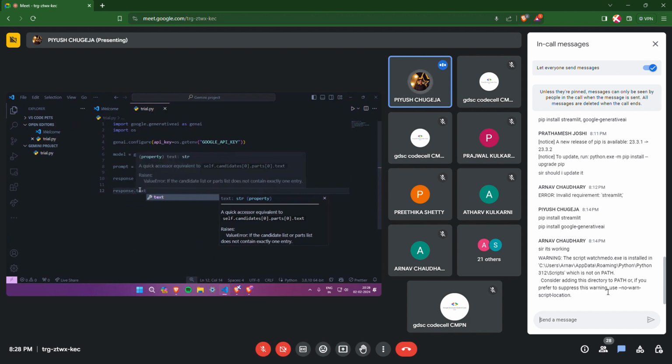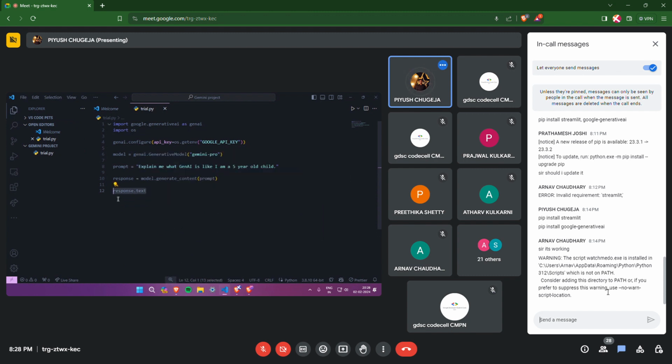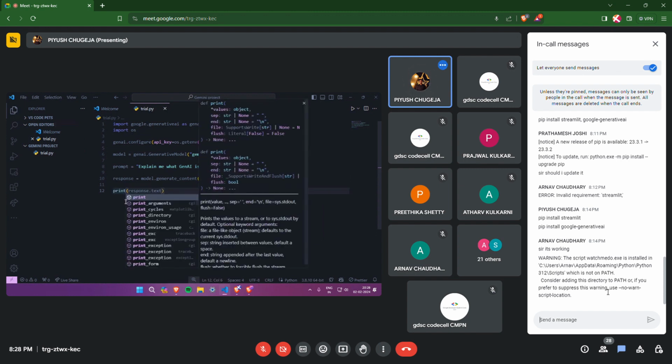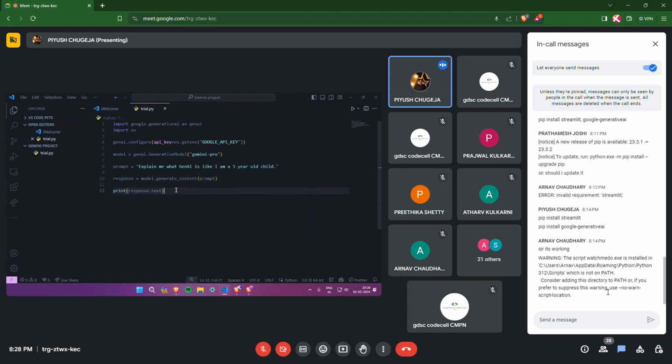Response.text is the answer that Gemini will provide us with. Okay. Now what we'll do is we'll just print this. This is a basic demonstration on how you can use Gemini or how you can pass a query to Gemini.